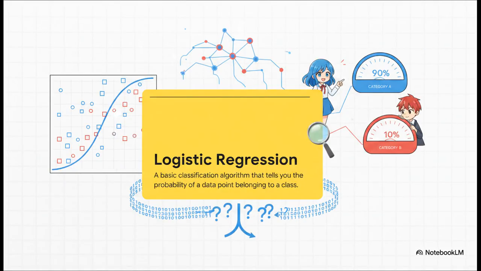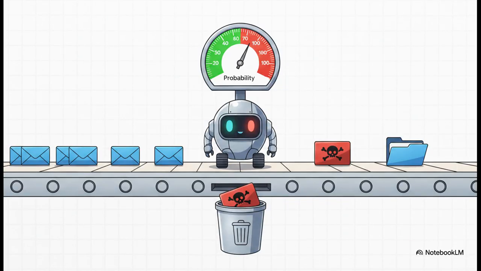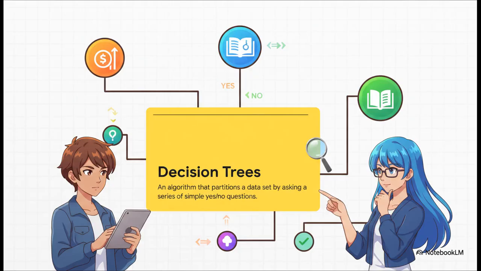Okay, now for an algorithm with a kind of tricky name: logistic regression. Now listen, even though it has regression in the name, this is actually our first classification algorithm. So instead of predicting a number, like a price, it predicts a probability, the chance that something belongs to a specific category. The perfect example is your spam filter. The model looks at a new email and calculates the probability that it's spam. If that probability crosses a certain line, say 50%, it automatically gets shoved into your junk folder. This is the go-to algorithm for pretty much any binary yes or no question, from medical diagnoses to deciding on credit risk.